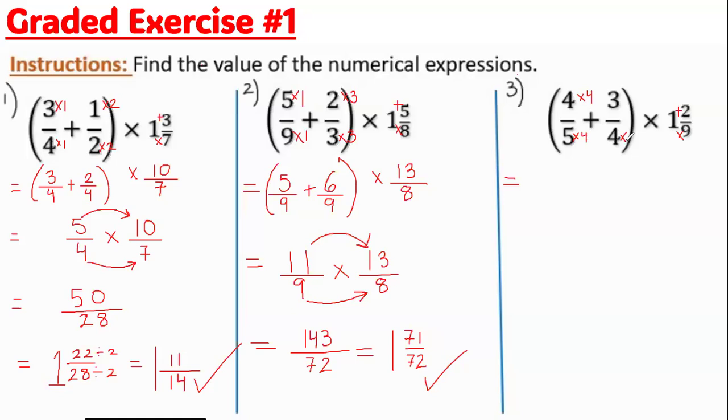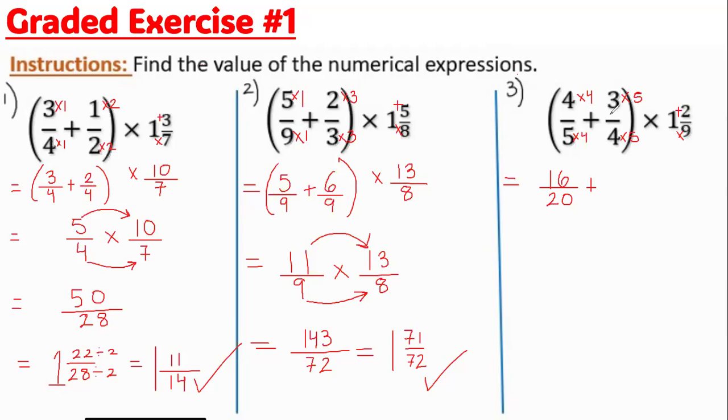I divided both sides by 4 and then the next side by 5. Multiply this one by 5, multiply the next one by 4. Good. Because I'm trying to find the lowest common multiple, and the lowest common multiple for 4 and 5 is 20. Then I'm going to multiply 4 times 4 is 16. Very good. So we have 16 over 20